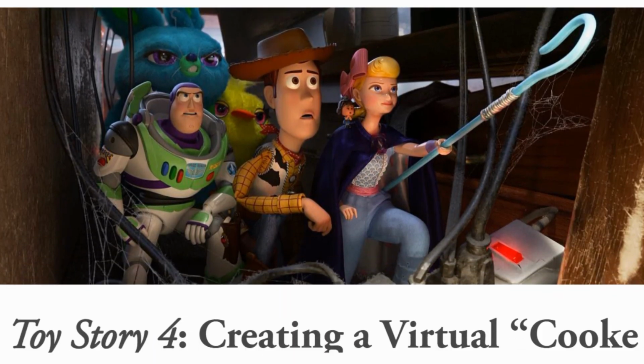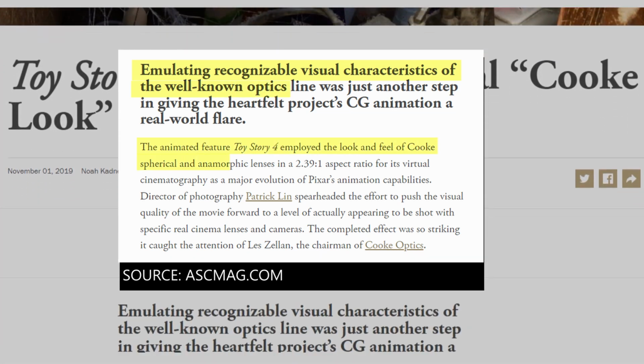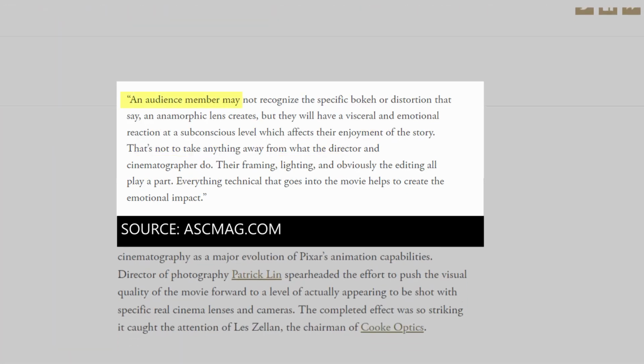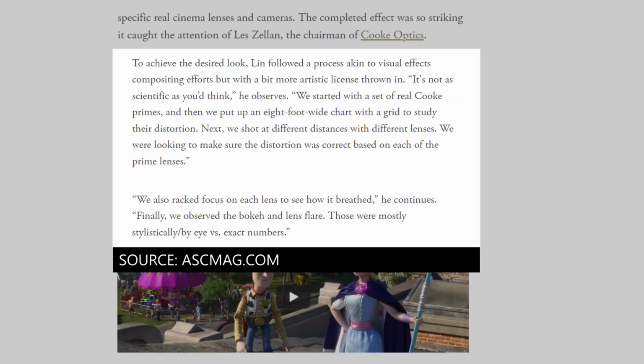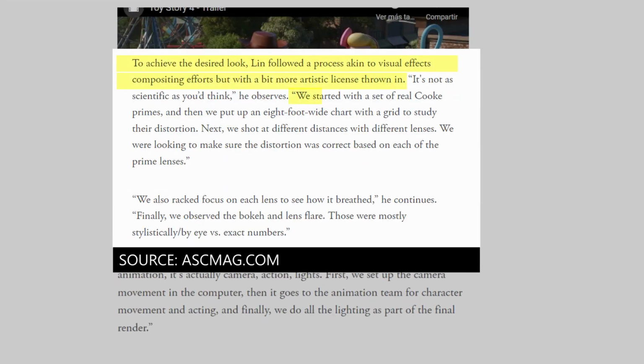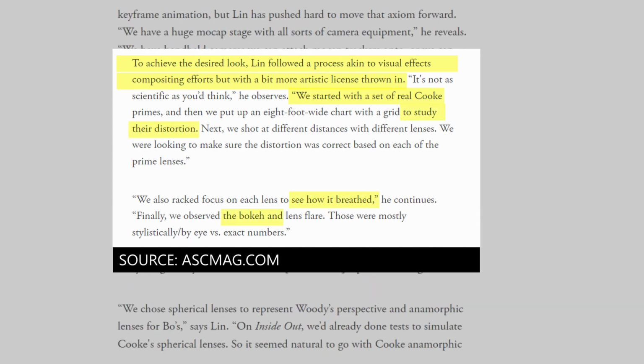This is a live-action technique for the obvious reason that we don't have exchangeable lenses with their specific visual characteristics in 3D. But in the search for realism and storytelling, we try to emulate live-action visuals in CGI.